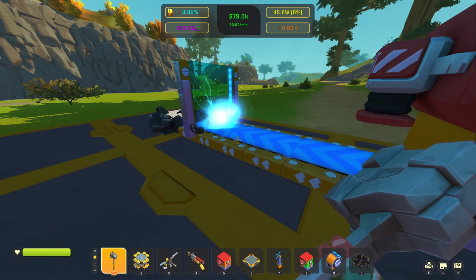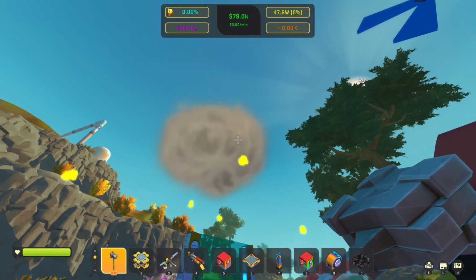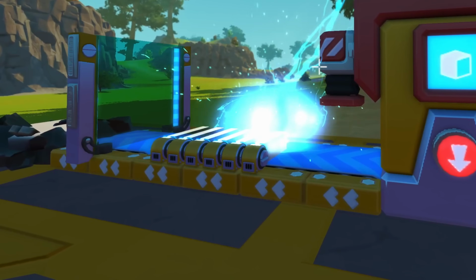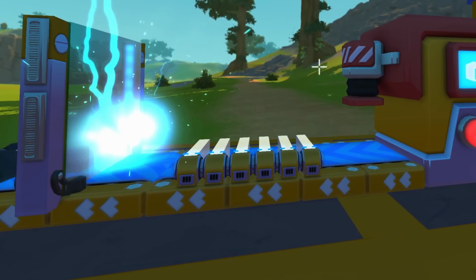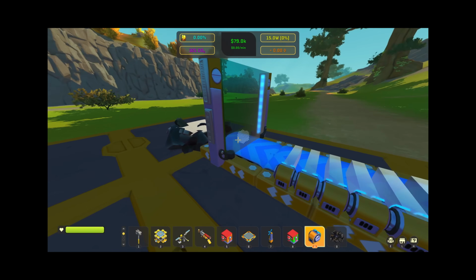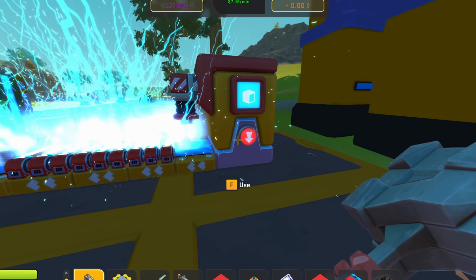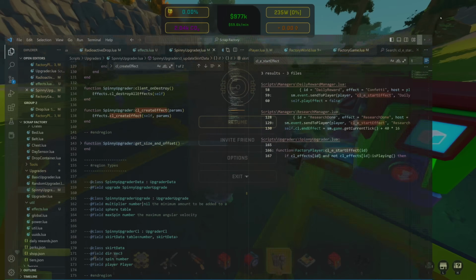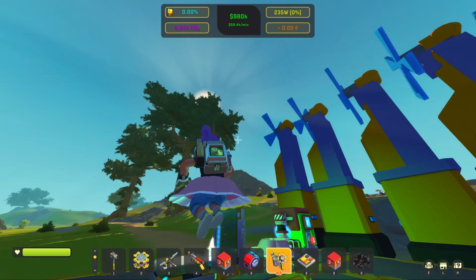Now the drop is gonna get upgraded, and this epic lightning effect plays. Because now this is gonna get played for every upgrader, which looks a little bit ridiculous. Oh, you can only use this upgrader 3 times. You know, this is kind of why I wanted to add this effect. Okay, this is not a great idea in retrospect. Yeah, I kind of got the effect stuff working now. And yeah, you see, we have the skirts again.